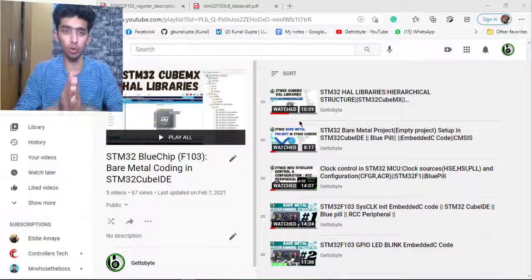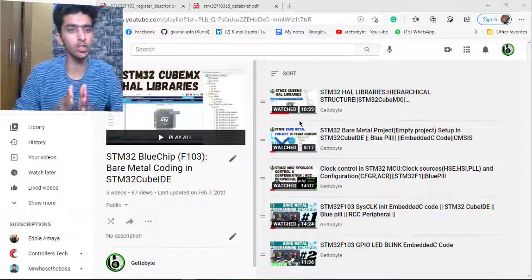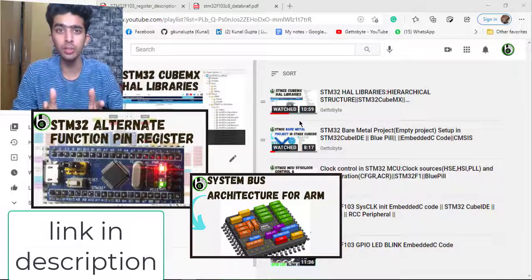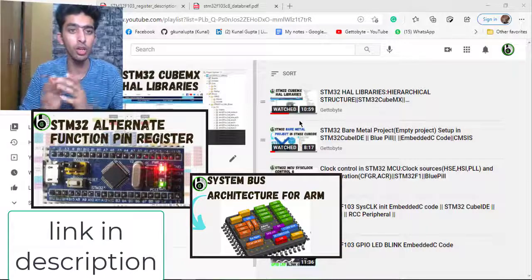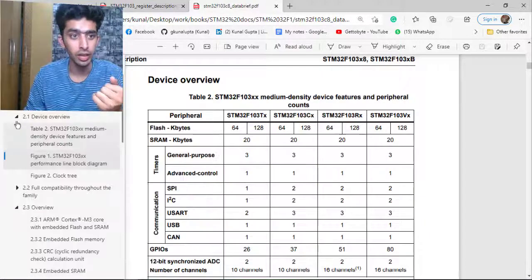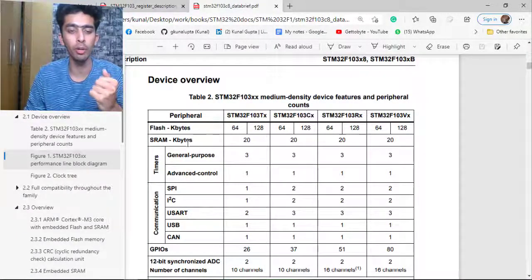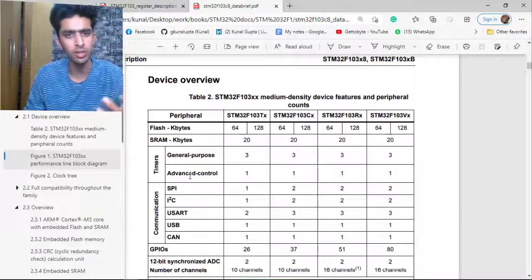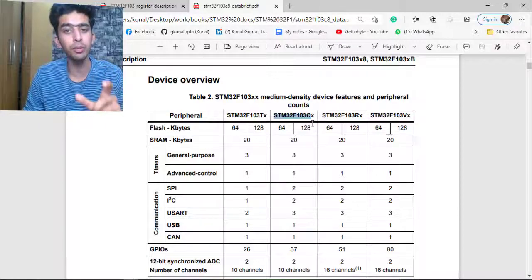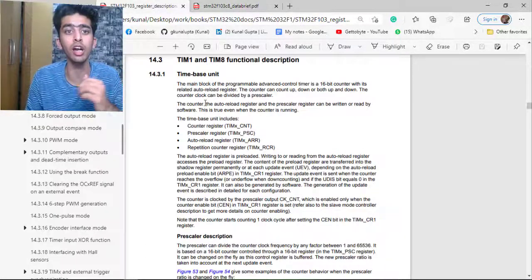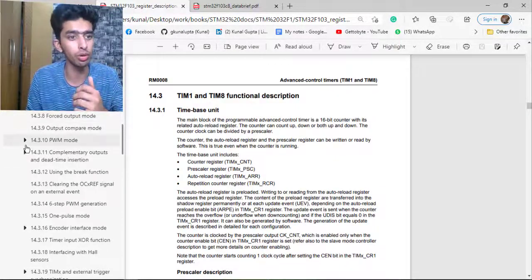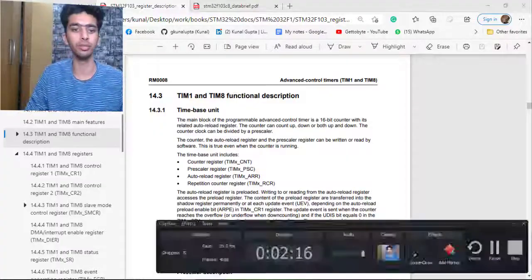Now in this video onwards, the last two videos have been a bit conceptual, in which I told you about the alternate functions, the system architecture, the system bus architecture and the AMBA protocol. Now in this video we are going to start with the timer module, the timer peripheral, and we are going to see the various timers, general purpose timers and advanced control timers in our STM32F103CX, which is present in our Blue Pill development boards, starting with the basics so as to develop a strong foundation, starting with the time base unit. So now without wasting time, let's proceed.